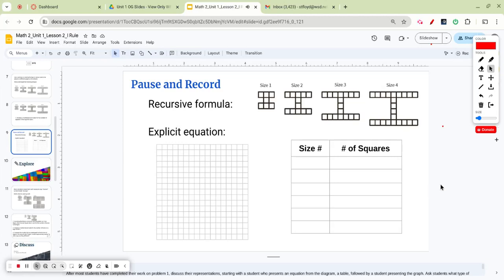Okay, this one's going to be really fast. We already did the first part of this. I'm going to grab a pen and grab a cool color. Well, dark purple or something. Okay, so recursive. The equation that we just wrote on the last slide, we had done f of